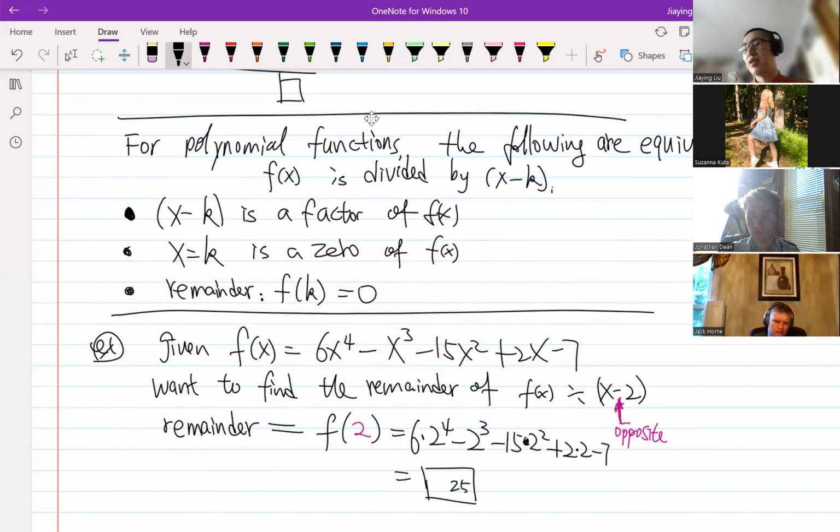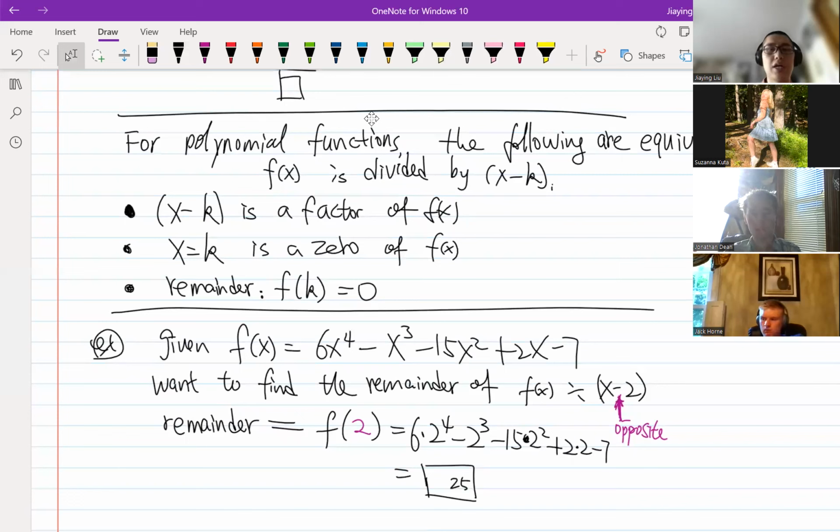I just copy from the notes. All right, so that's a quick use of the remainder theorem. Any questions? Okay,